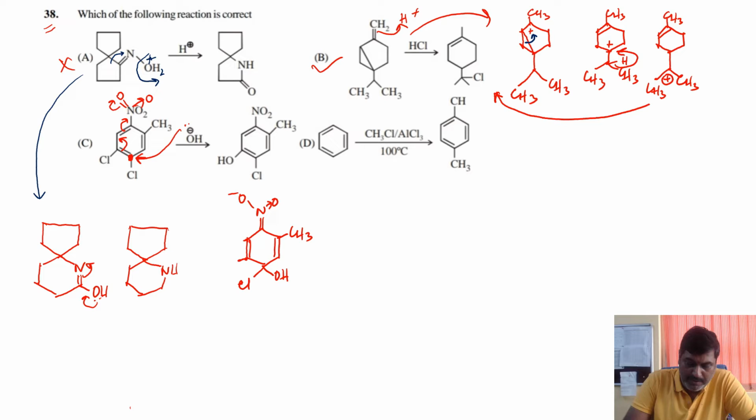Let the Cl be here, that also remains unaffected, and now, as you know, this is not a stable one, it has lost its aromaticity, and so it is the Cl which is lost from its position, and that is going there, and finally